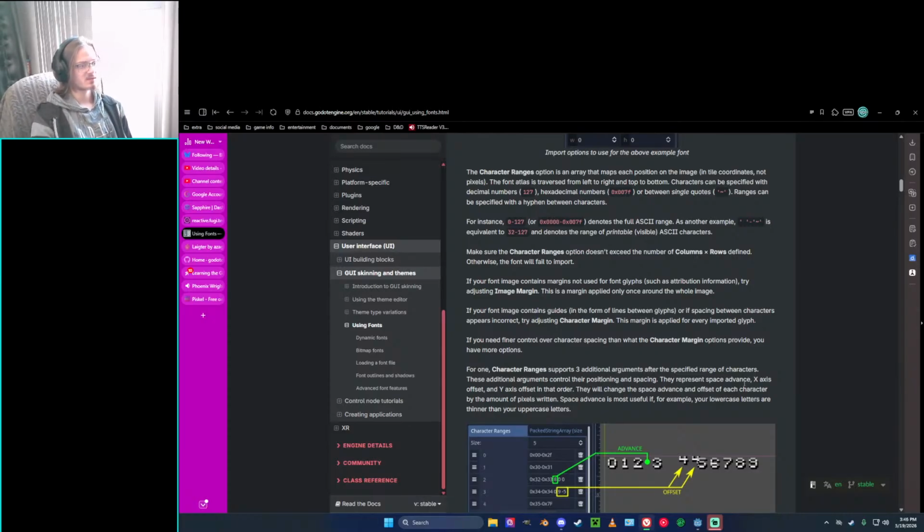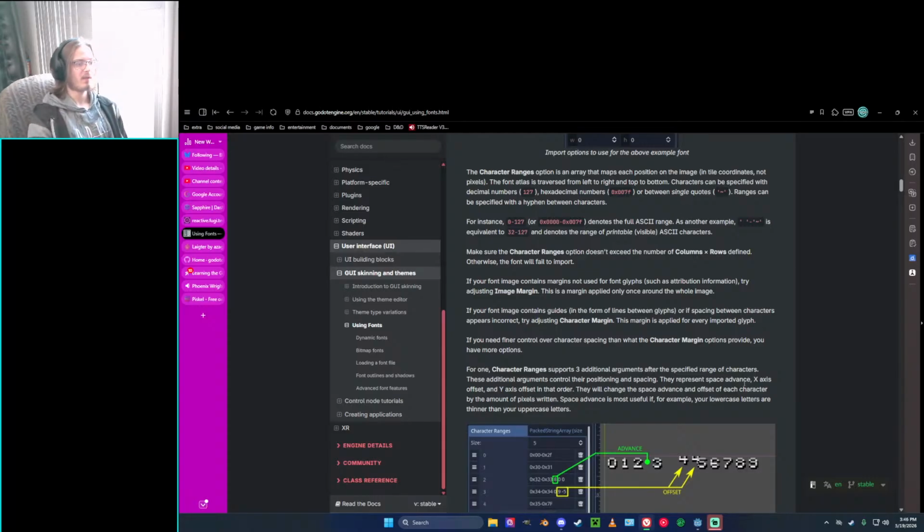For instance, 0-127 or 0x0000-0x007f denotes the full ASCII range. As another example, ' '-'~' is equivalent to 32-127 and denotes the range of printable visible ASCII characters. Make sure the Character Ranges option doesn't exceed the number of columns or rows defined, otherwise the font will fail